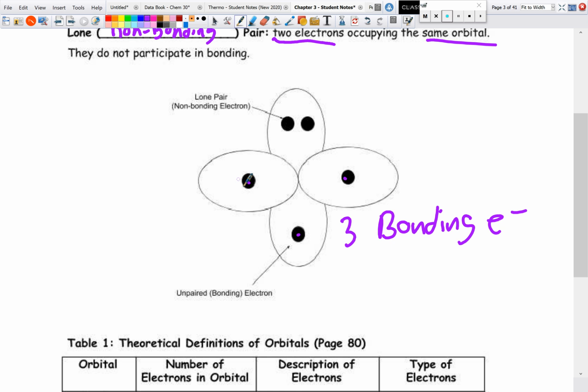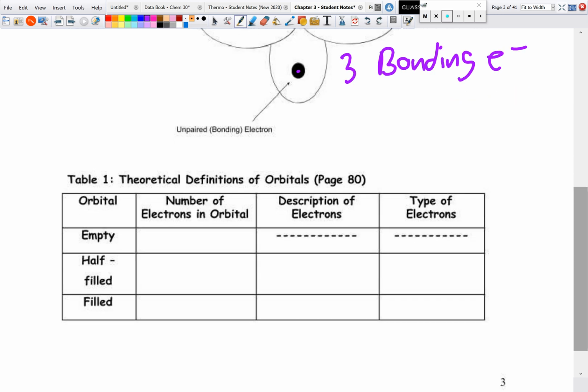So it's only when you have a single electron in an orbital that it can participate in bonding. So that is why, just to make things nice and neat, if we have an empty orbital, that means there are 0 electrons. Half filled, we have 1, and if it's filled, it's going to have 2. How we describe these: half filled are unpaired,